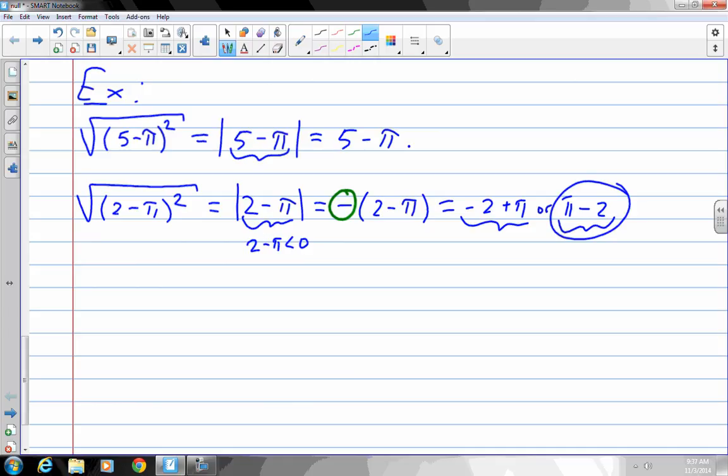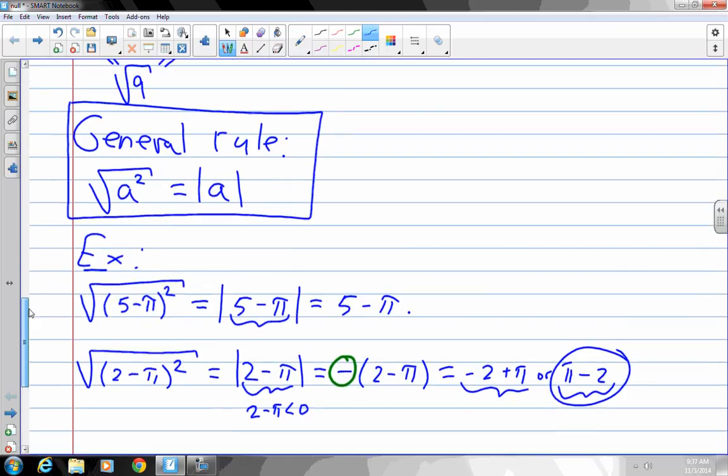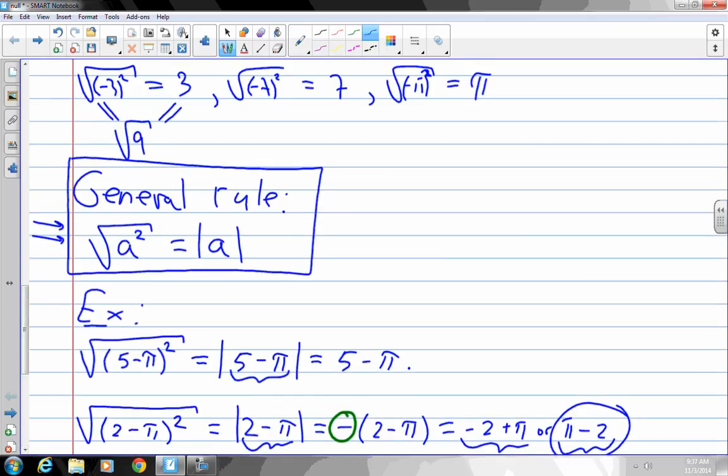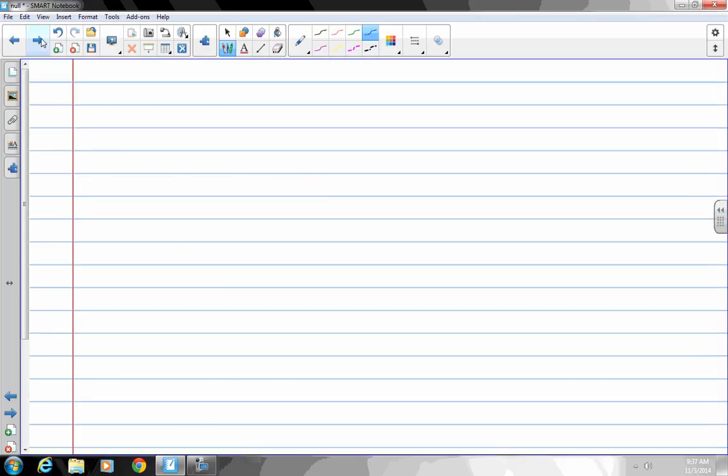Okay. So this is just a little exercise. So keep that one in mind. It's really easy to forget this little property. All right, so now consider the function